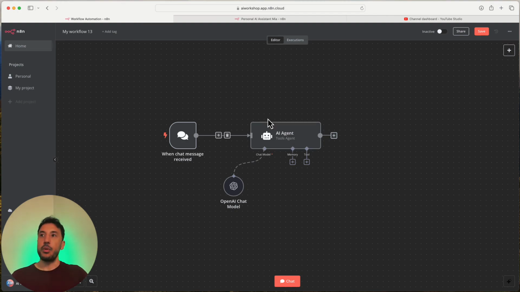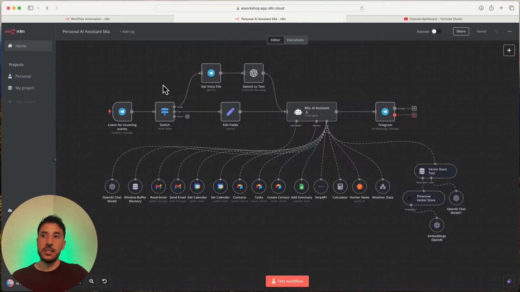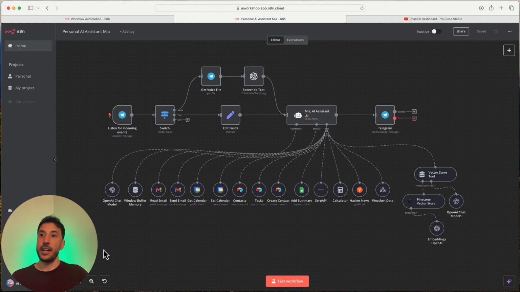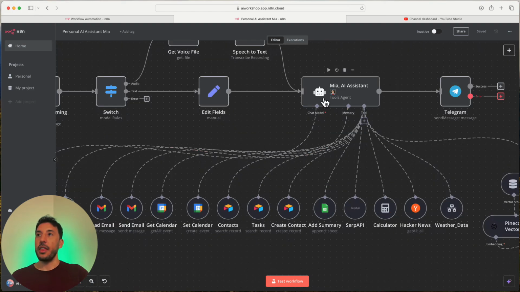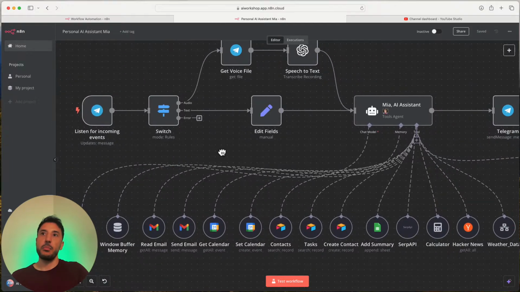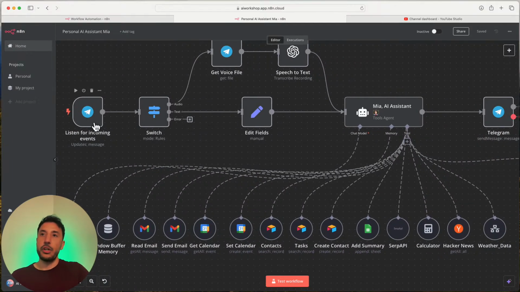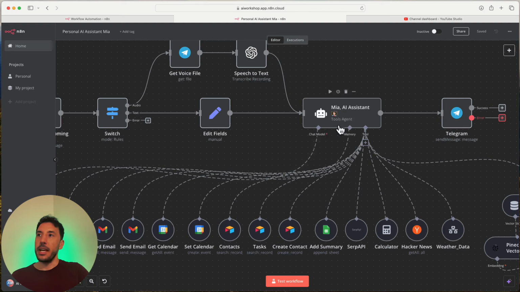I mean, a perfect example of the power of this tools agent is the personal assistant that I built, obviously, because all of these tools are attached to it. So based on the main prompt inside this tools agent, it can independently act and figure out which tool would be appropriate for the particular ask. And in this case, since this is a personal AI assistant, based on the query of whatever the user is asking, it will independently and autonomously decide, okay, of all these tools that are attached to me, what is the right tool that I need to use? And that's where the beauty and the power of this agent comes in, right?